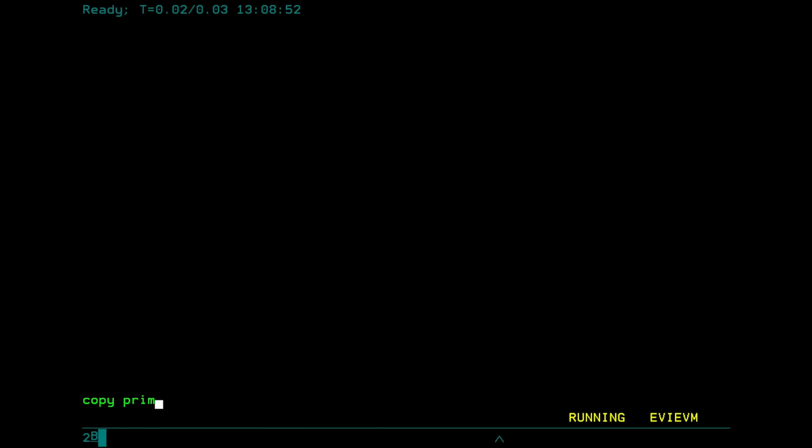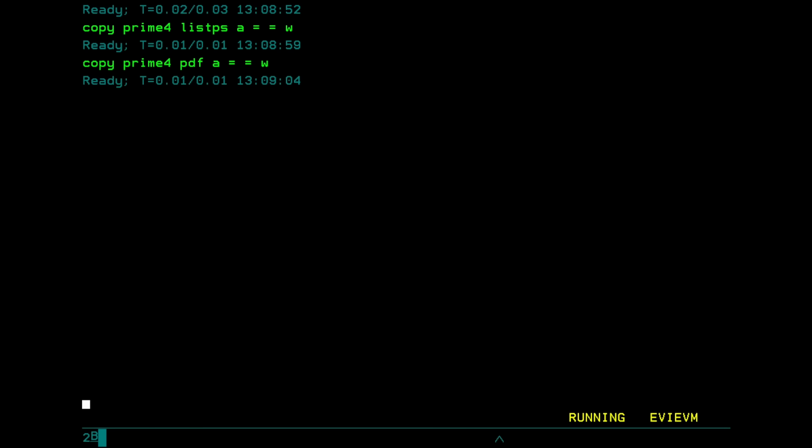Okay, so I'm going to copy prime4 listps A, and that's going to be equal, so same file name, same file type, but copy it to disk W. I'm going to do the same thing for PDF. Then I'm going to allow the web server to access that. So I'm going to do grant auth ** wc dot, which is the directory path, to eweb001. And here we go. Alright, I'm going to pause this recording now, and we're going to immediately switch over and